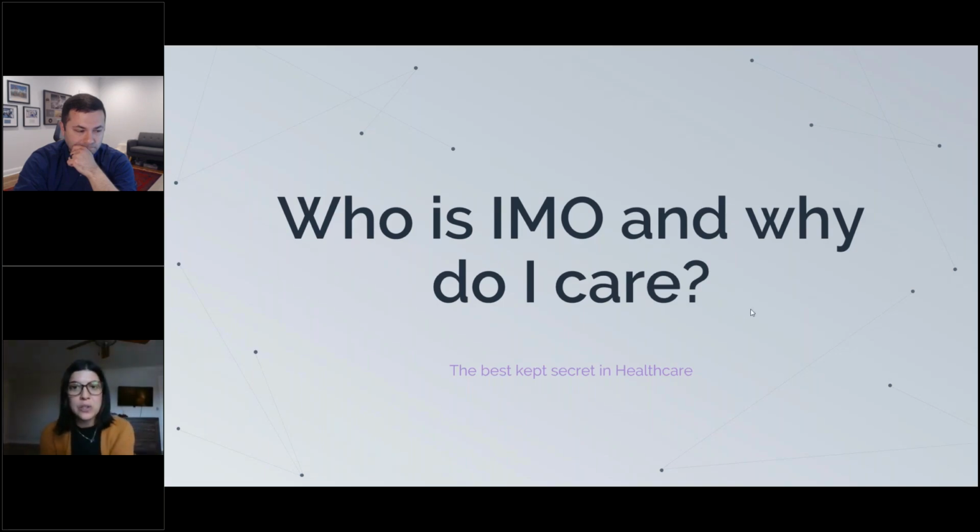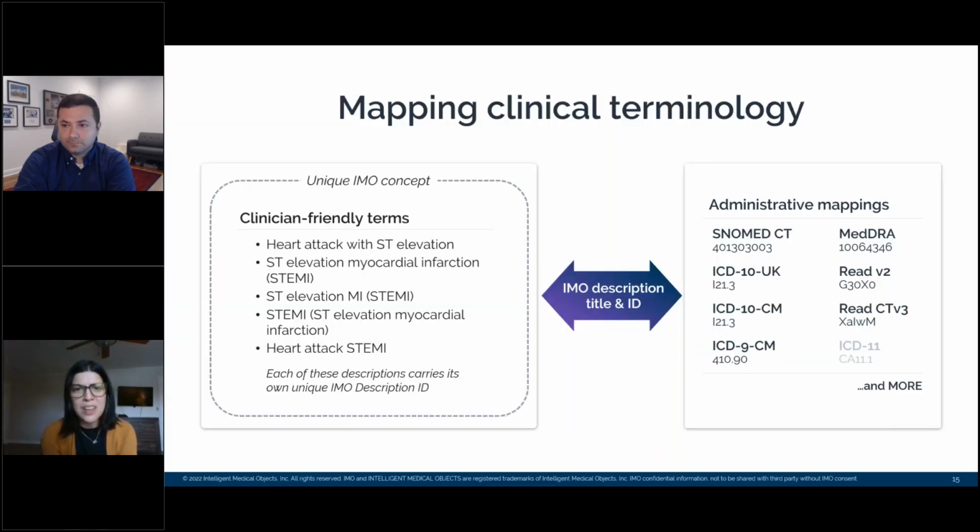IMO also powers the solution to complex approaches to enterprise-wide level data quality issues, which is going to make your patient information actionable across the healthcare ecosystem. And why is IMO the best person to do this? Looking into the next slide, you can see that IMO allows for clinical expressivity. We are not constrained by a single code system, and this has been proven to be the best way to preserve clinical intent. Why do you care about preserving clinical intent? It allows the provider to treat the patient better today and for the next provider to treat the patient better tomorrow. But clinical intent is difficult to preserve because there's so many different ways to say the same thing.